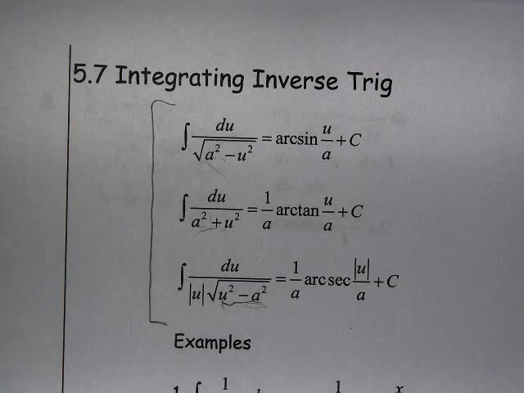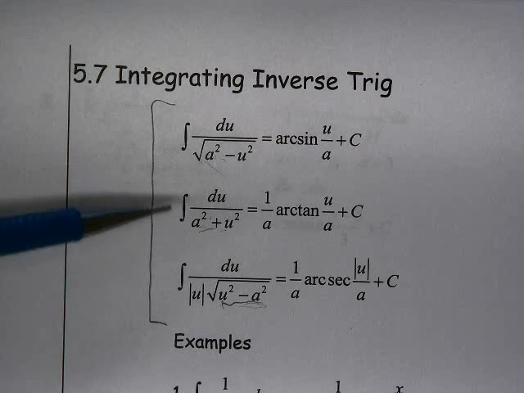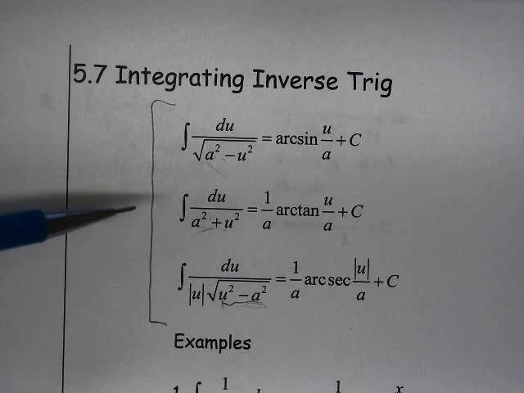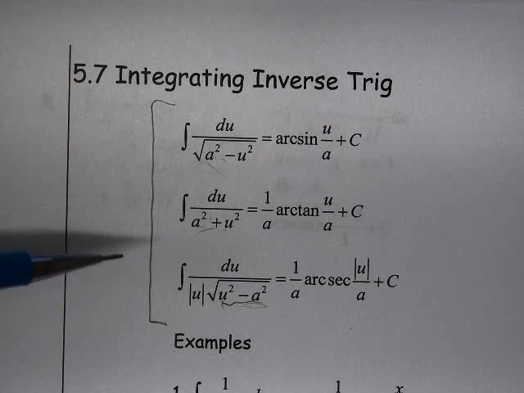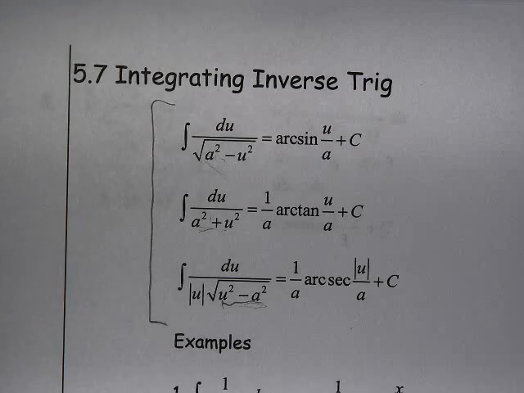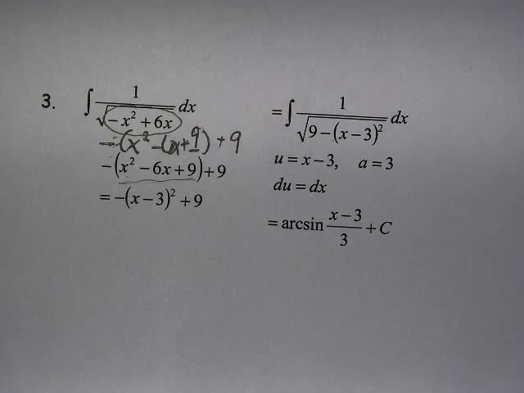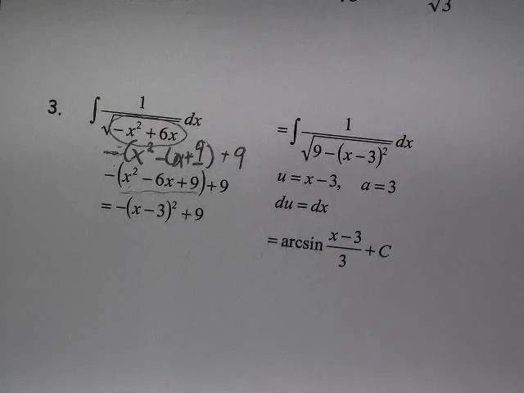So not only do you have to take into account that we might have basic u substitution problems, we might have a du over u type of problem where we're going to get a natural log, or now we might have some inverse trig kind of result. We need to be able to consider those and kind of feel our way along and figure out which one is going to be the application that's going to do us some good in this case. So they can get pretty complicated. I want to show you a few examples